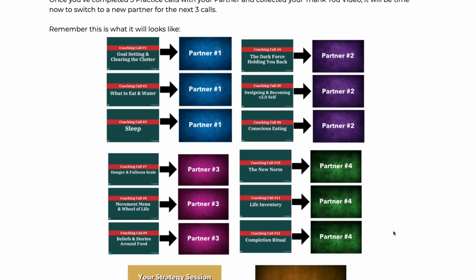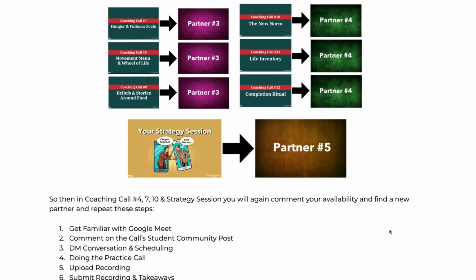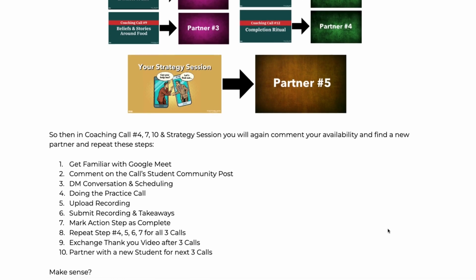You're going to be doing 3 calls with the partner. Then on coaching call number 4, you're going to go ahead and commit your availability, get another partner. Coaching call number 7, get another partner. Coaching call number 10, get another partner. Strategy session, get another partner. That is going to be how it works, and you're going to be repeating these steps with every single one